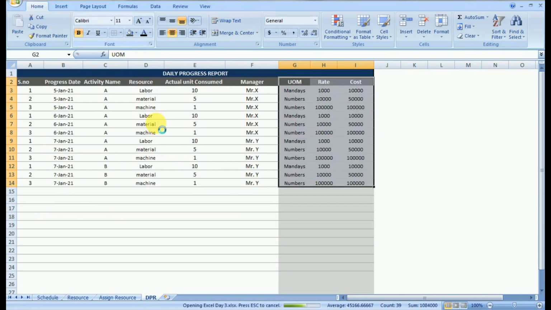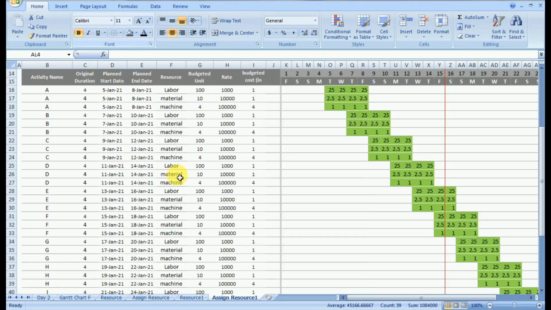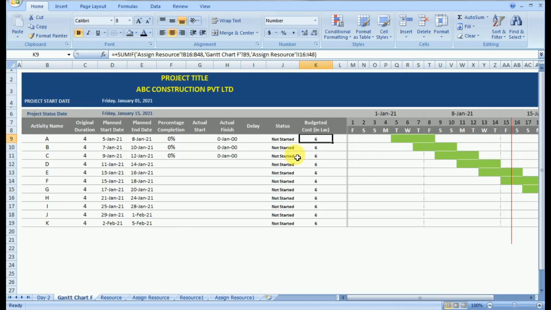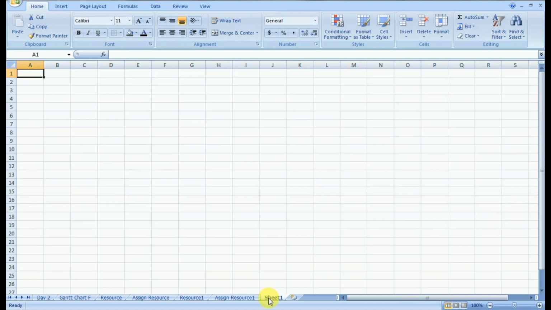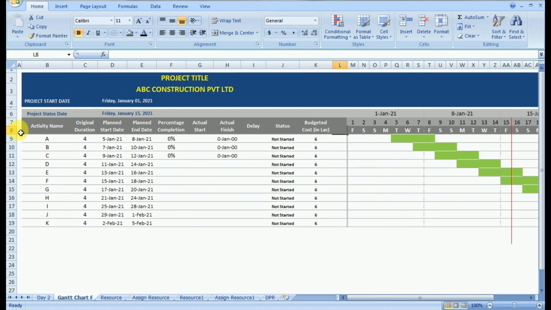Now let's move to yesterday's sheet and start working on this objective, which is to include the actual cost. Here we need to add another column, actual cost, which should be automated and generate data based on the daily progress report. So first we will rename the worksheet as DPR, and we will make the required format.